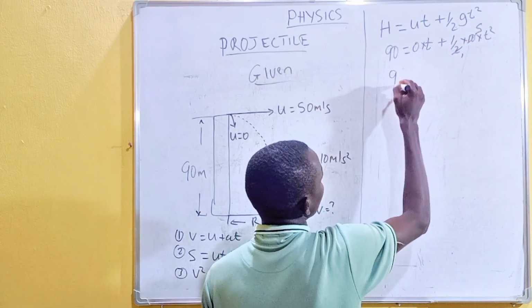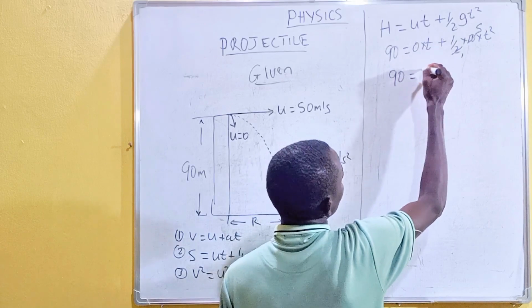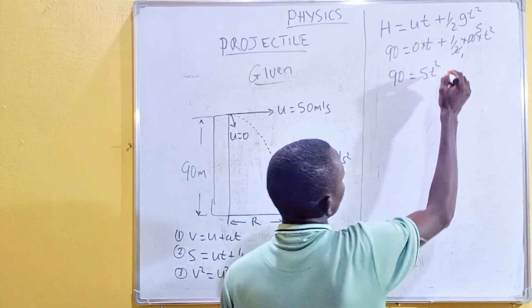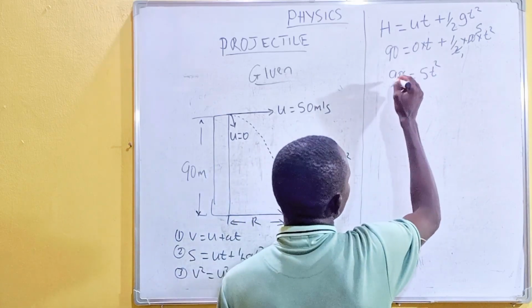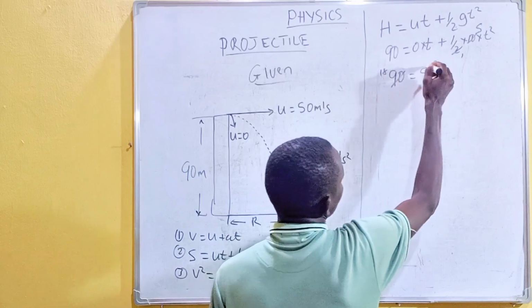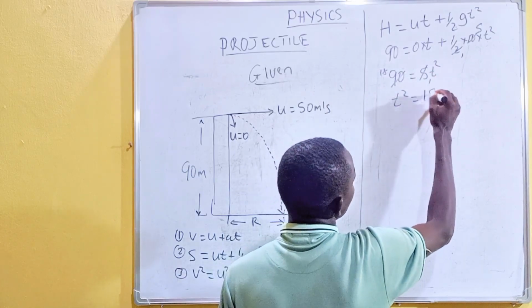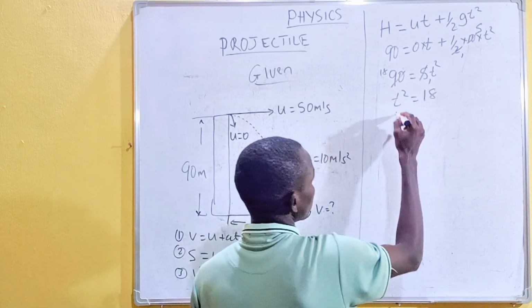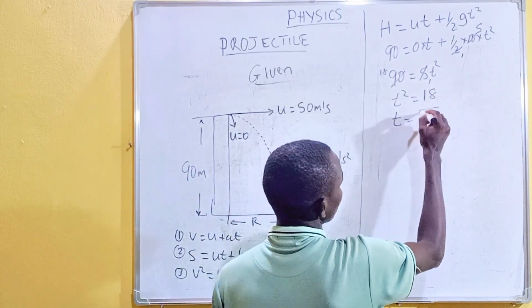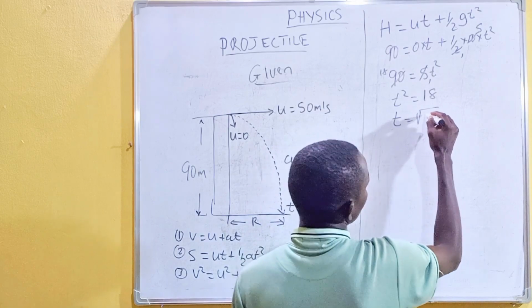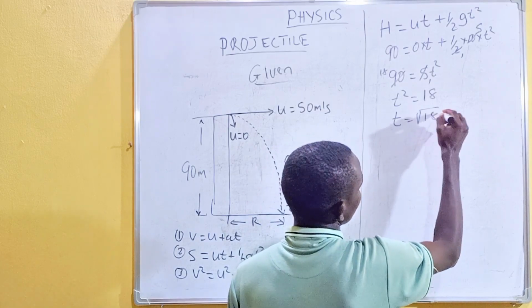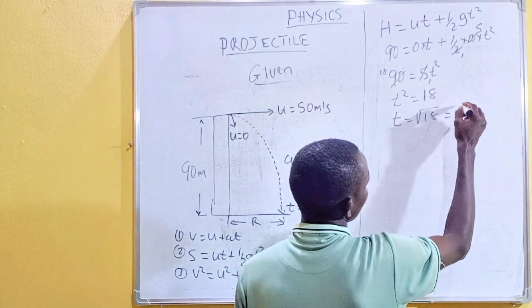So the equation now becomes 90 is equal to 5t squared. 5 here we have 18, 5 here we have 1. So t squared is equal to 18. Therefore, t is equal to the square root of 18, which is equal to